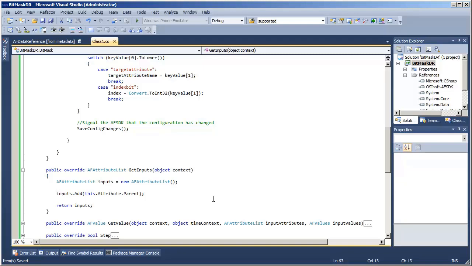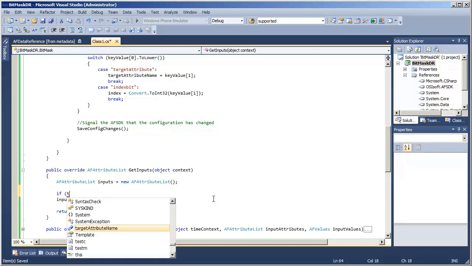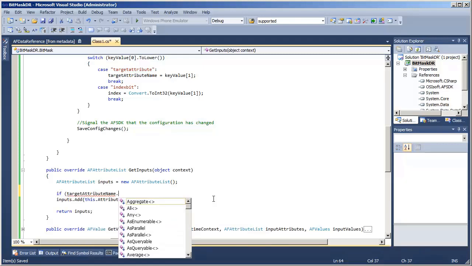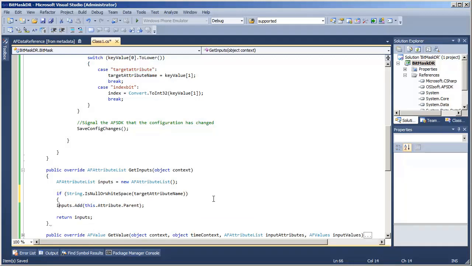It might be that someone feeds us a target attribute, but if they don't, then the default case that we'll fall back to is just using the parent. So we'll put in a conditional here. Looking at the target attribute name, and if it's empty, then we'll just use the parent attribute.